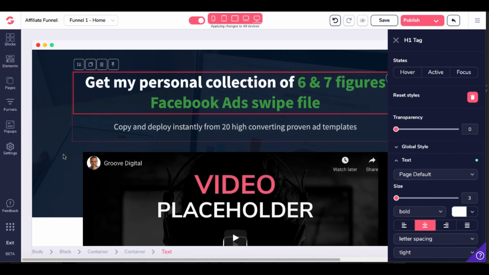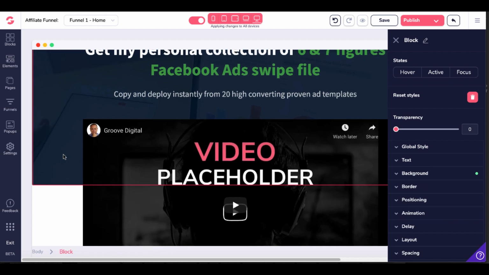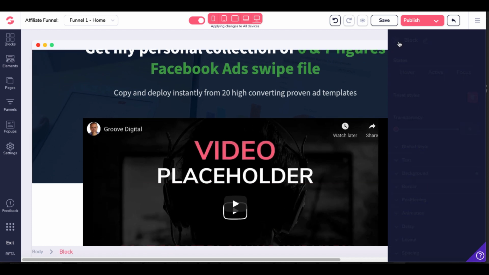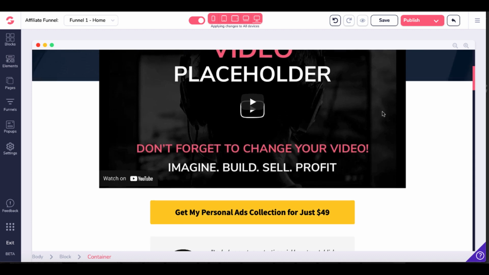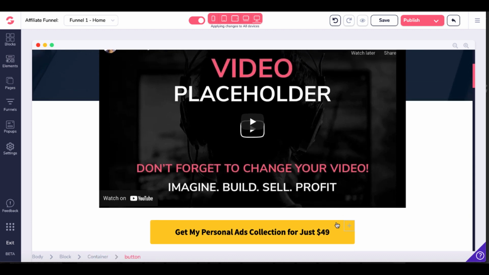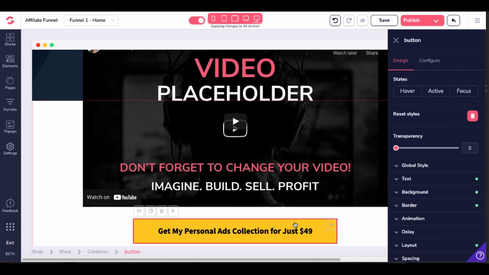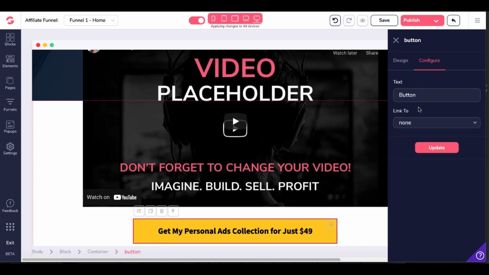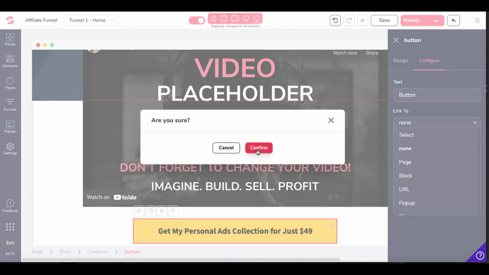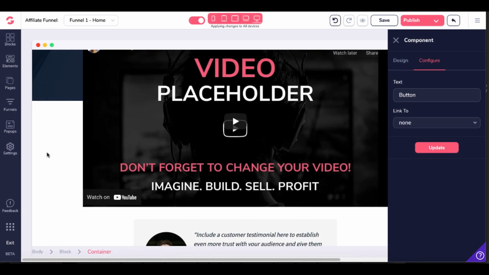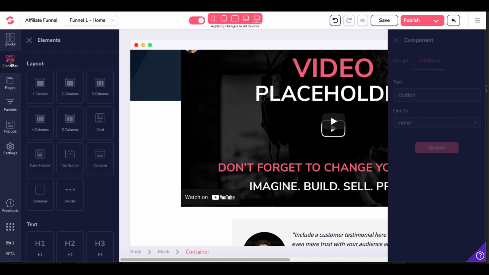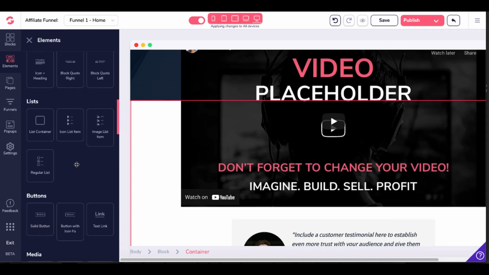Back here in Groove Pages, again, this page is a drag and drop page builder that you can get for free from Groove, link in the description. And what we're going to do here is just simply focus on the basic operations. For example, this button right here, you can click configure, and in this button you can have links to other pages or pop-ups or to your blog. What we want to do here though is we want to delete this button, and to do that we'll just click confirm, and then what we want to do is we want to come over to elements, scroll down, and